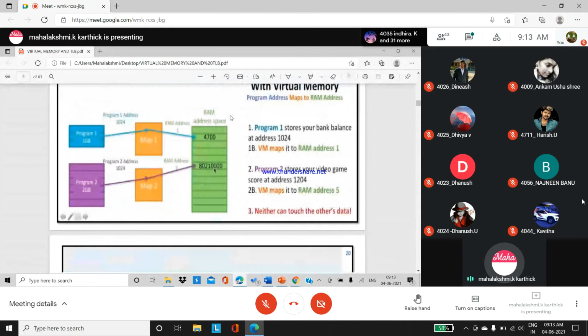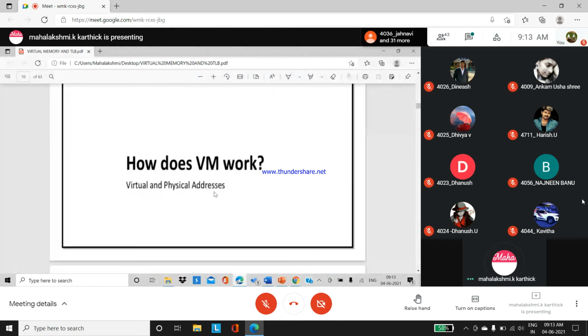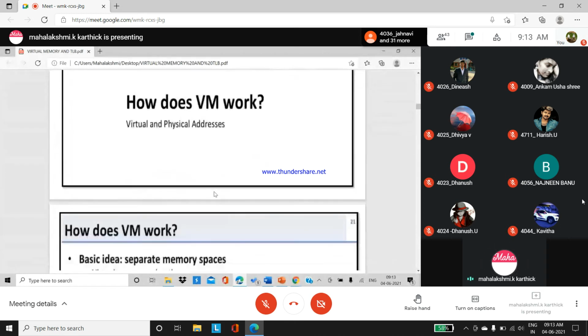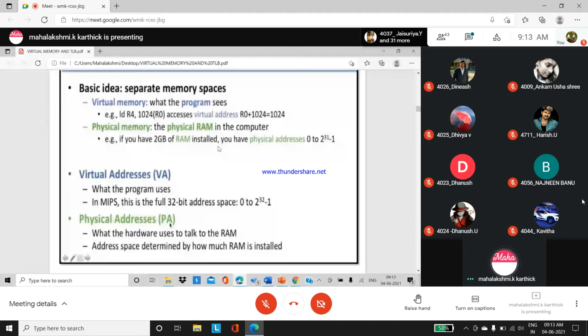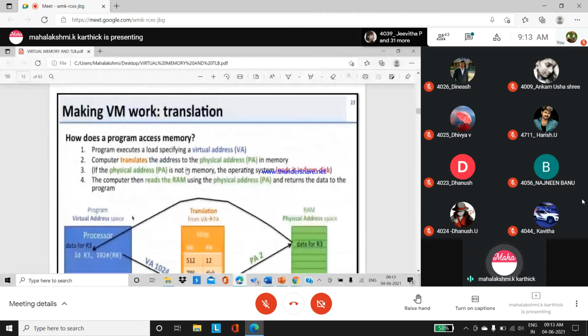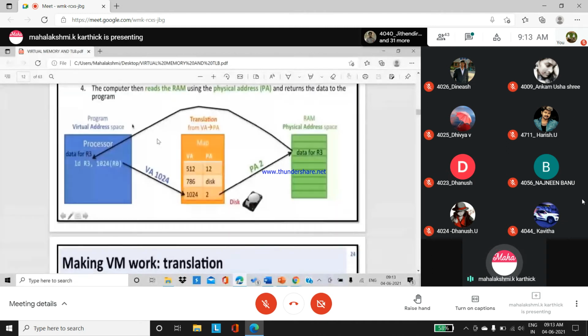With virtual memory, what is the information? You have to analyze like this, take the information and get the points. So normally, how does virtual memory work? Whatever we have discussed, they have given the points. How the processor sends the 32-bit address through this mapping table, and how it is referred to the RAM physical address.